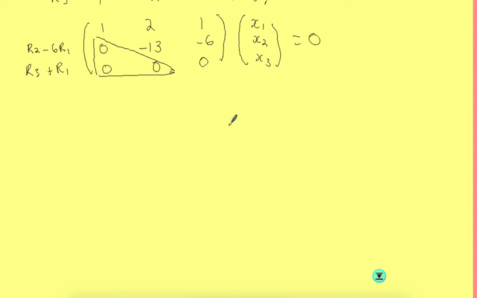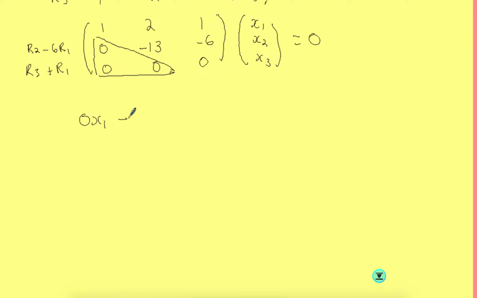Right, so now we've got to decide what we're going to do with this. Right now, this bottom row doesn't tell us anything, it's just like the 2 by 2. It tells me 0x1 plus 0x2 plus 0x3 equals 0. Well, that doesn't tell me anything about what x1, x2 and x3 are. But this row here does. So row 2 tells me